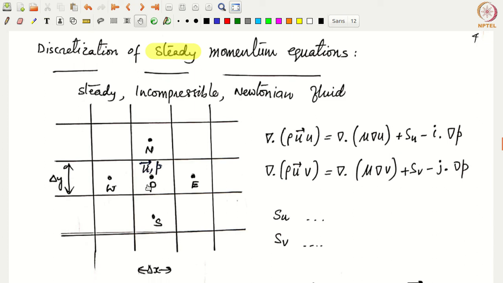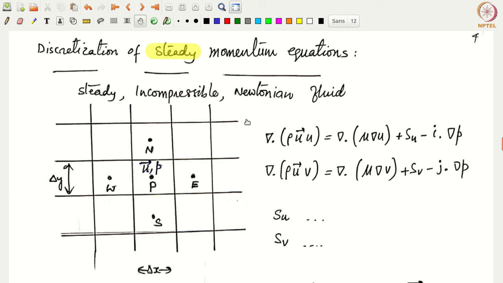which is basically given by our regular Cartesian mesh. Basically that is cell P, and we have east and west cells and the north and the south cells, and the size of the cell P for which we want to write the discrete equations is given by delta x times delta y.